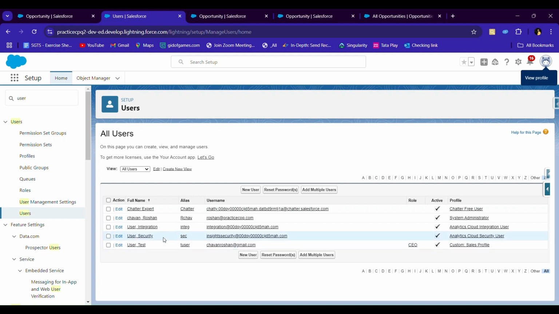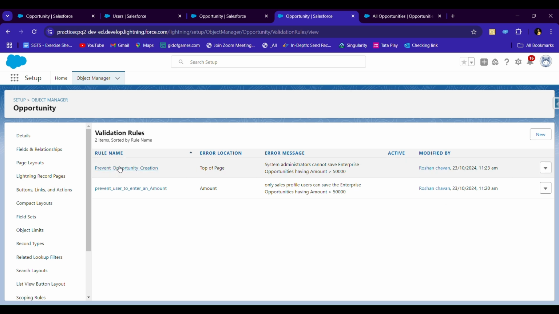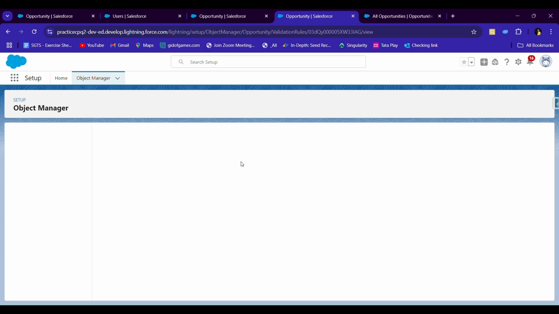Currently in my system there are two main users. One is having the system administrator profile, which is the logged in user Roshan Chavan, and second is a test user which is having the custom sales profile. As per the requirement, these two users are there, and I have also created two record types for the opportunity object, that is enterprise opportunity and small business opportunity. These are two record types, and also I have created the validation rule as per the requirement. So currently no validation rule is active, and if we check that validation rule,